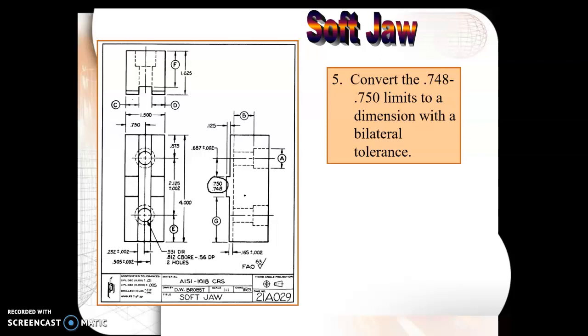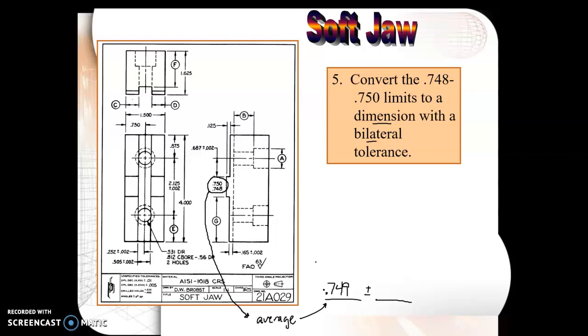0.750 and 0.748, and we want to replace that with a single dimension with a bilateral tolerance. So we want some dimension plus or minus some tolerance amount. So we need to find the average of the two values and put it right there. So the average between 0.748 and 0.750 would be